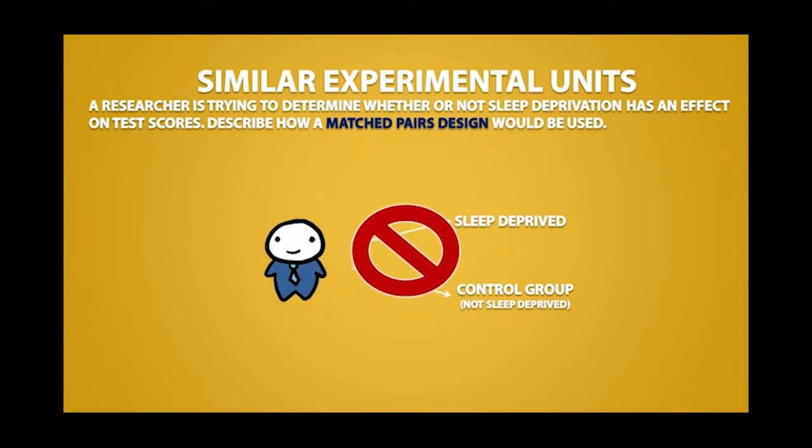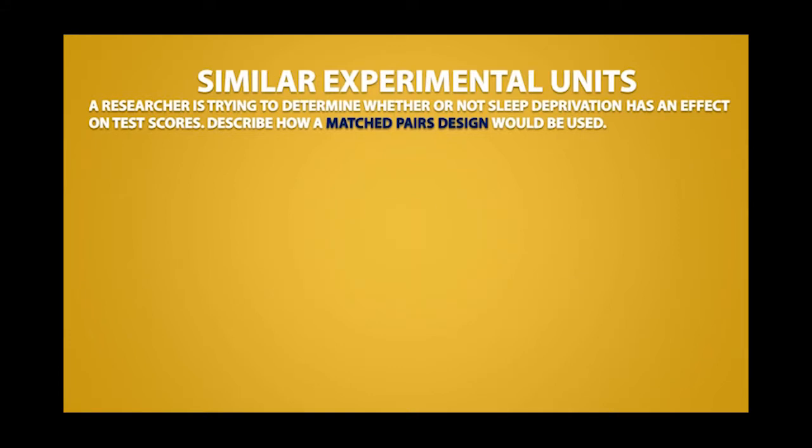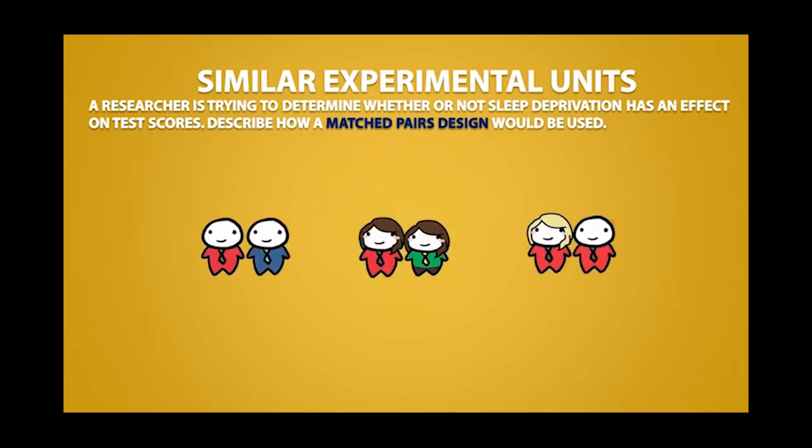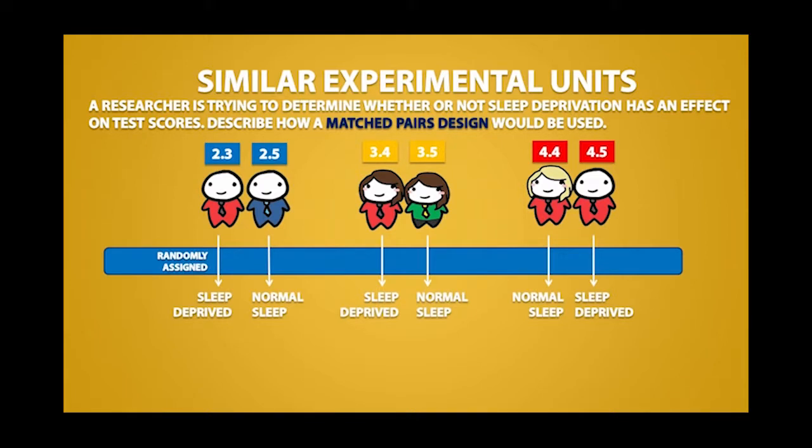The problem with this is that we can't have the same subject write the same test because they would know what's on the exam when they write it the second time, so that would be kind of unfair. Instead, we could start off by pairing up students with similar GPAs. So for example, the 2 students with the highest GPAs would be matched up together, and the 2 students with the lowest GPAs would be matched up together. Then, each pair will be split up and randomly assigned to one of the 2 treatments. So for a pair, one person will get the sleep-deprived treatment, and the other person will get a normal amount of sleep. Then, we would compare the results for each pair, and we will also compare all of the results.